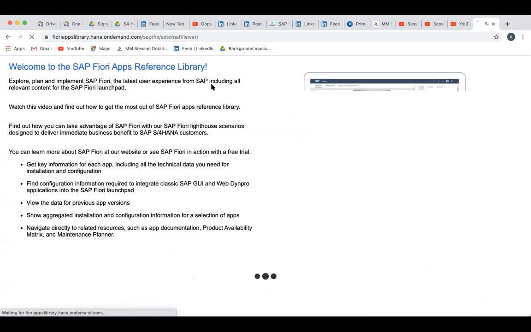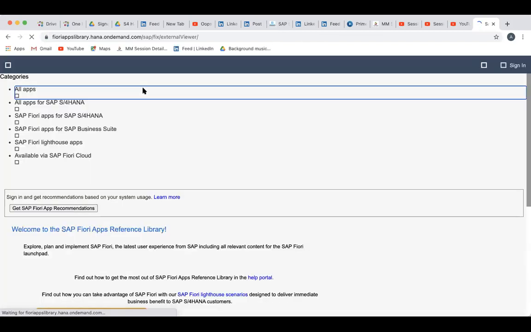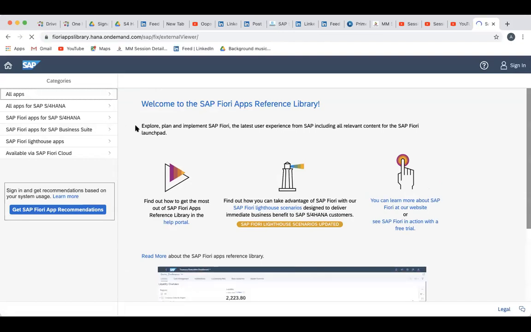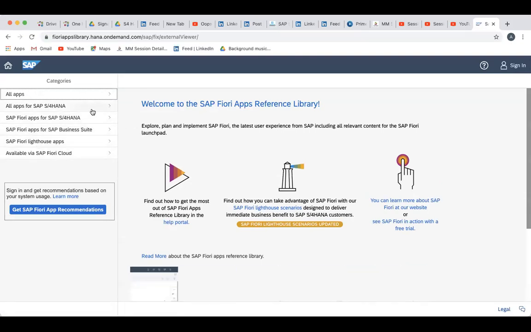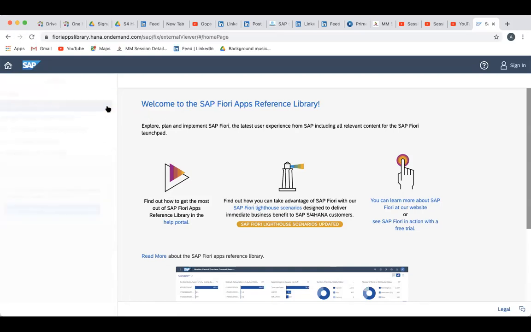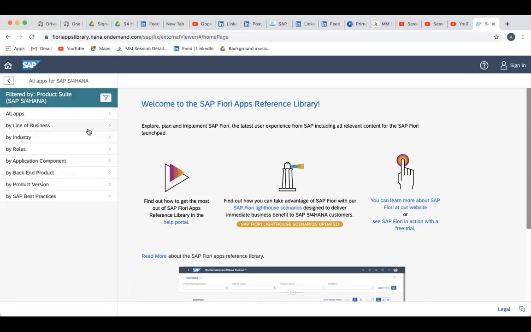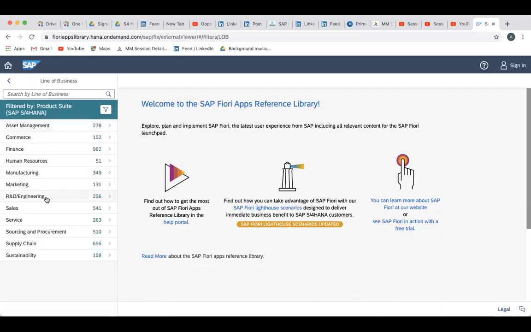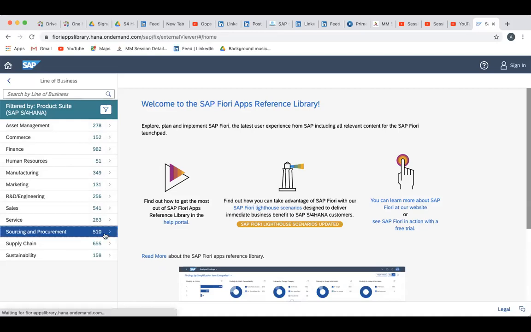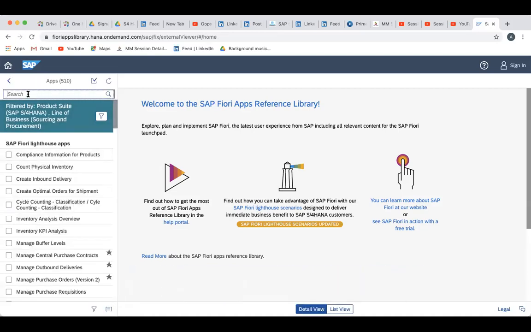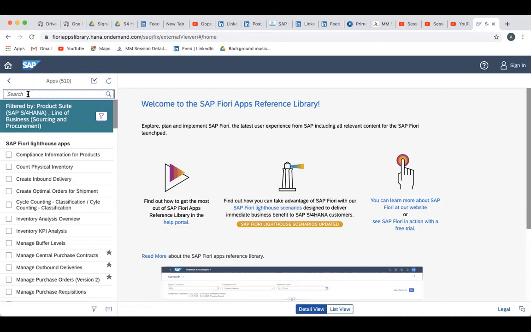Okay. So what are the roles required to add for that particular user? We'll get it here only. Let's say, we will go to all apps here, all apps S4 HANA, line of business, sourcing and procurement. I don't know anything, so I will type. I want to create a purchase order. You can type the old T code if you remember, meaning in ECC, through that T code you can also check how to add roles, or else just type create purchase order.